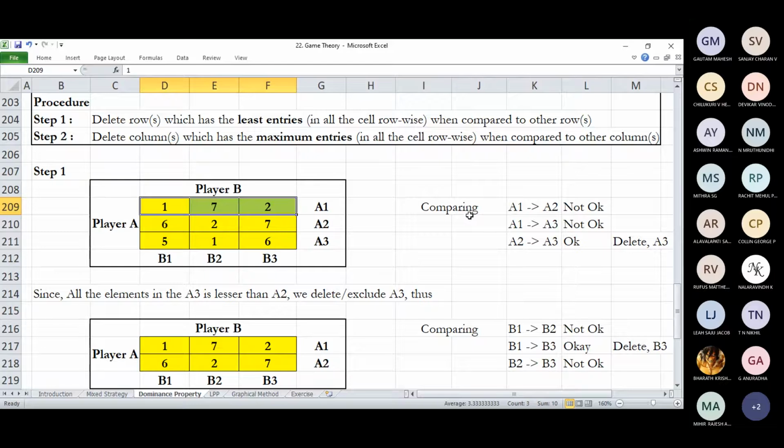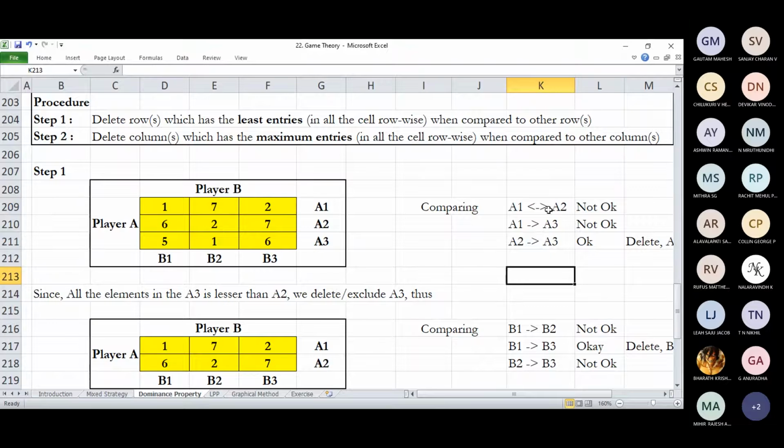Say, for example, in the first case I've taken A1 and it gets compared with A2. Both get compared, it's not that only A1 gets compared. A1 and A2 get compared, and we'll see which row has the least value when compared to the corresponding other row.